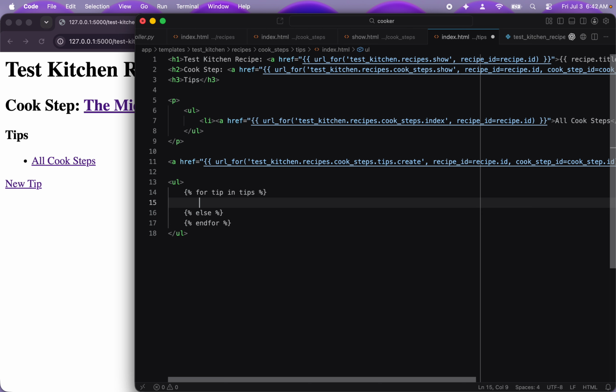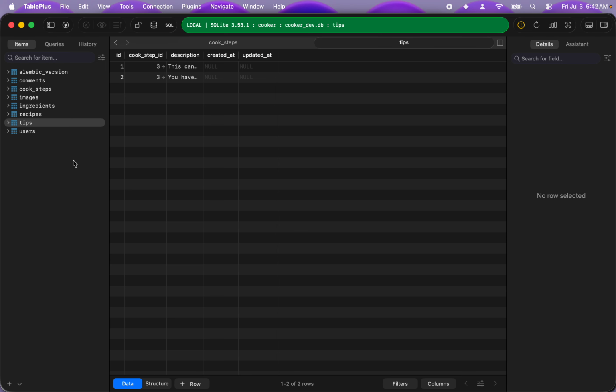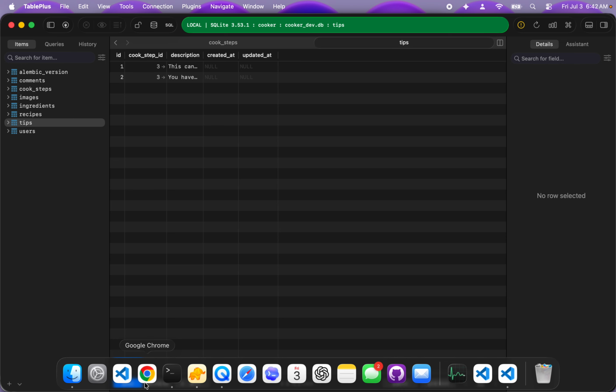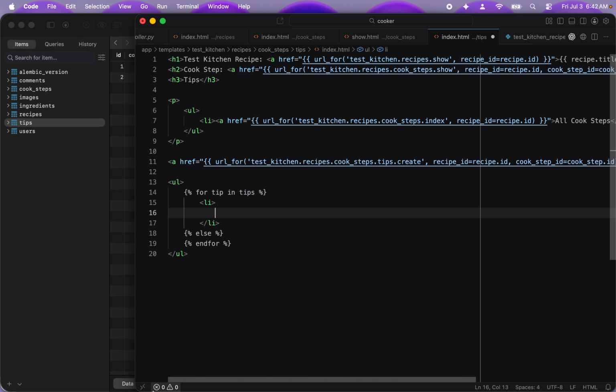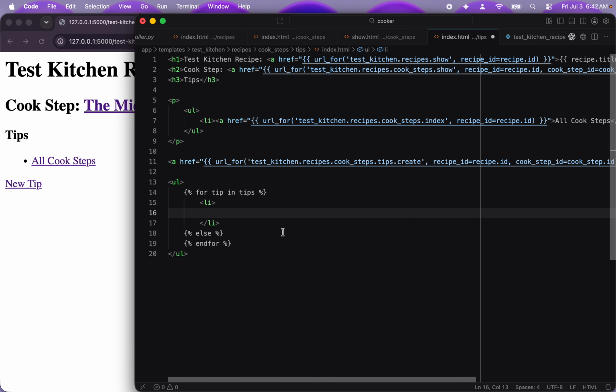So then we'll have a list item. And what does a tip have on it? So let's go to our database. Go to tips. They have descriptions. Excellent. And it looks like I put 2 tips in here. We did that a while ago. So let's go back to VS Code and let's pull up the browser too. All right, so they have a description. So tip.description,